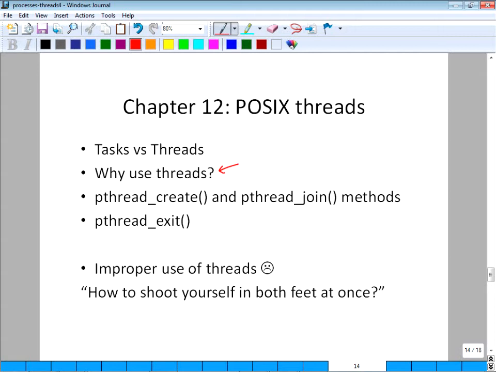You create a new thread that is network facing. So one thread is watching for the user input, another thread is watching for the network input. If the user hits cancel, it can process that and send a message to the other thread and kill that thread, or tell it to quit. Or vice versa.